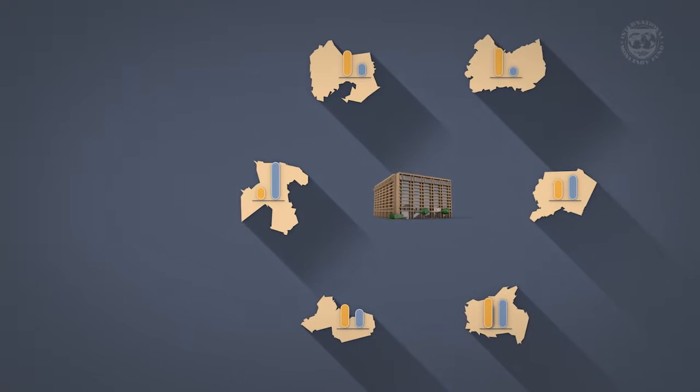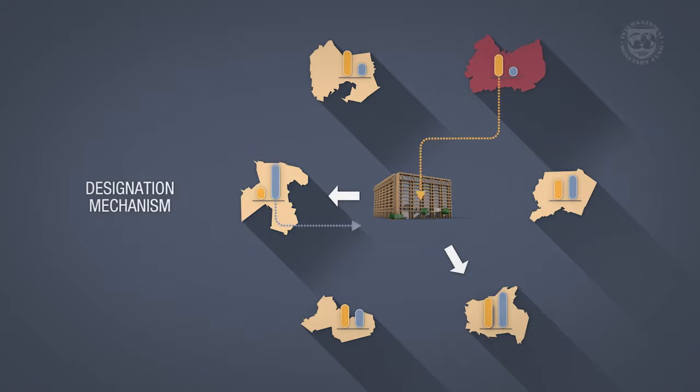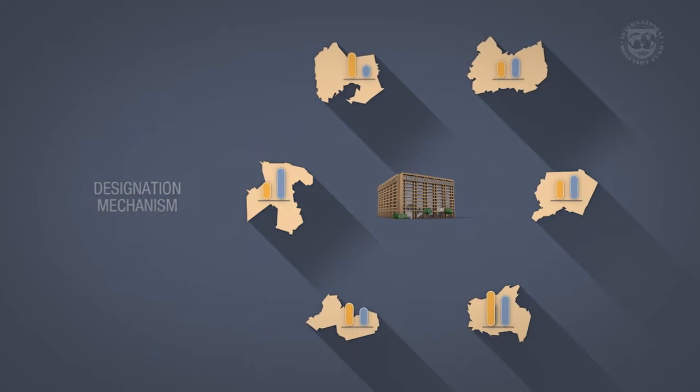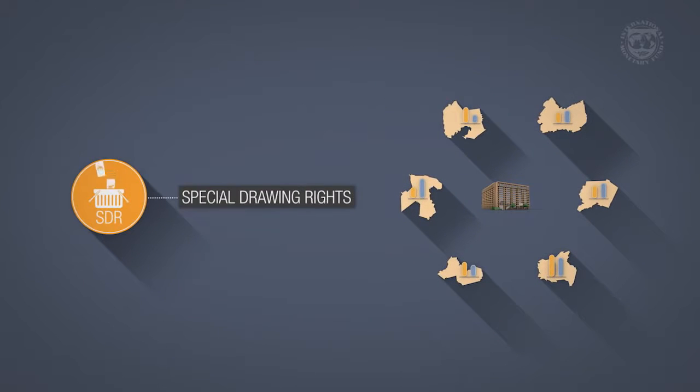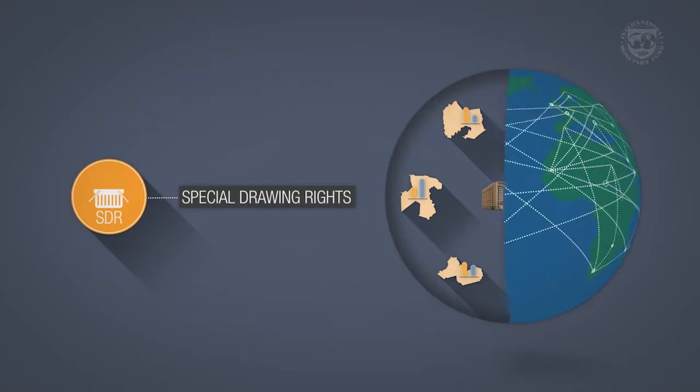In the event that there is insufficient capacity under the voluntary trading arrangements, the IMF can activate the designation mechanism, where it calls upon members with strong external positions to purchase SDRs from members with weak external positions. The value of the SDR as a reserve asset thus derives from the right to exchange it for freely usable currencies. Through this, the SDR plays an important role in providing liquidity to the global economic system.